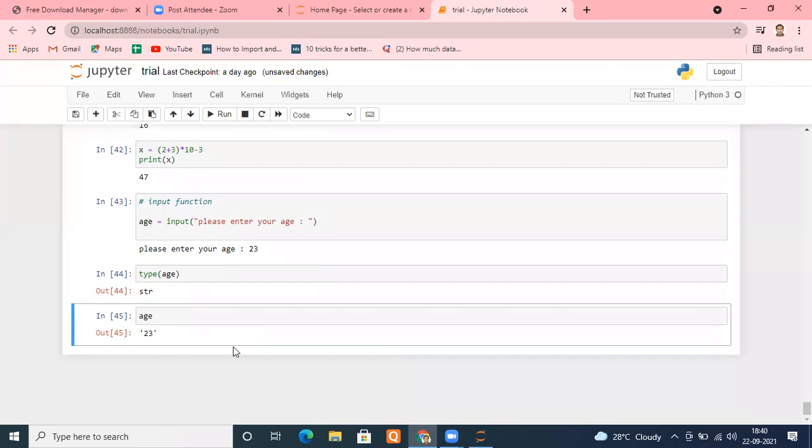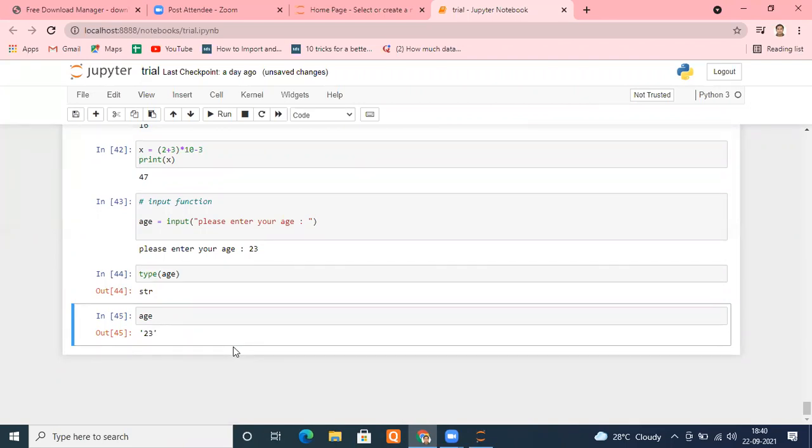Is it okay with everyone? So remember, whenever we are taking input from the user with the help of the input function, it is all the time going to return a string only. So you have to be a bit cautious. Don't assume that because I'm putting numeric values, it will take a numeric value. No, we do have other options. You will deal with that. Is it okay with the input function? Please tell me. Yes, sir.